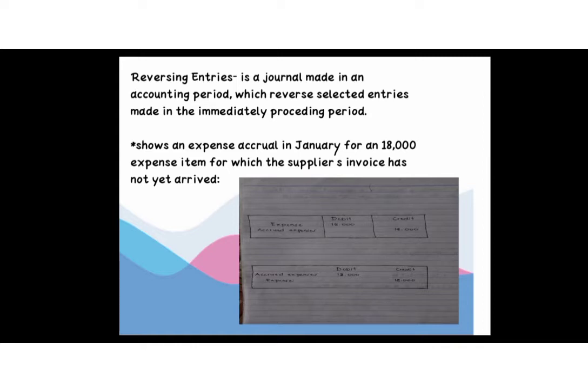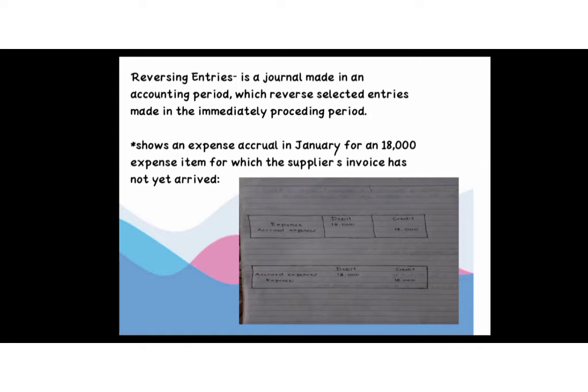But we are not done yet. The supplier's invoice arrives later in February, and we record it with the following entry, which offsets the negative 18,000 that would otherwise have appeared in the company's income statement in February. Thus, the result is that the 18,000 expense appears in the company's income